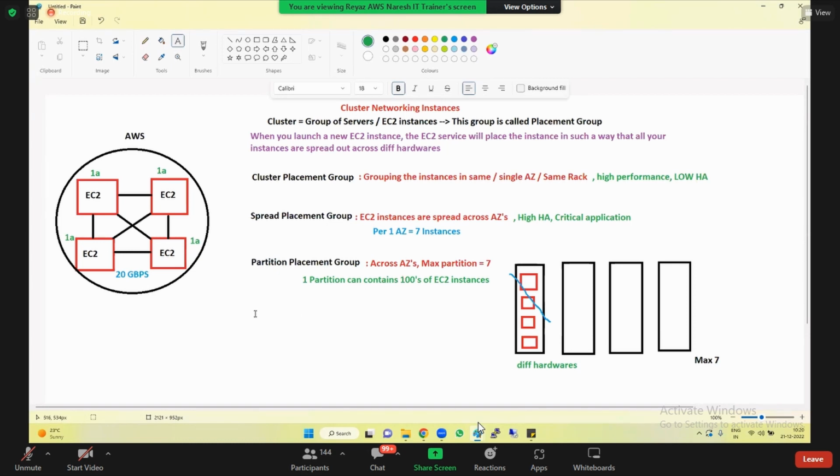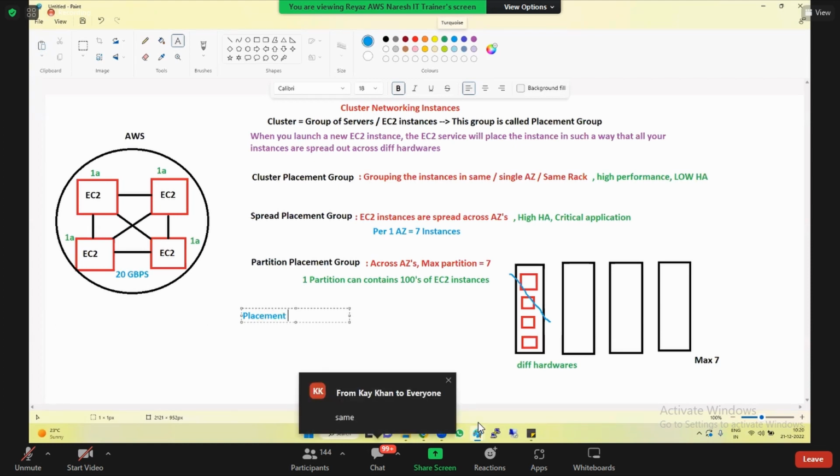Understood? And here is one certification question, guys. Do placement groups recommend the same instance type or different instance types? In your gang, is it good to have one first class student, one 10th class student, and one different? Oh, really? You want to have different? Okay, is it good to have in your group one T2 micro, one T2 large, one T2 small, one T2 xlarge? Is that good to have? No. Placement groups recommend to have the same, that means